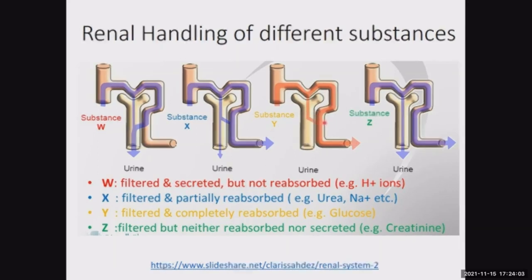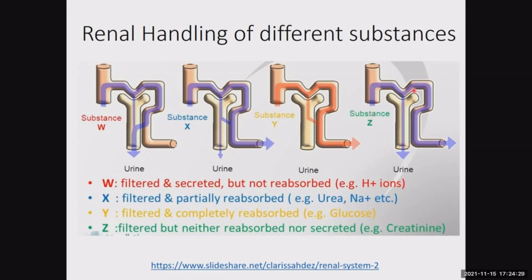If the blood glucose levels are too high, we end up with too much glucose being filtered in, and not all of it is going to be reabsorbed. That's when we start to see glucose appearing within the urine, which is characteristic of patients with diabetes. Finally, and we'll have an example of this in one of the questions in the lab,